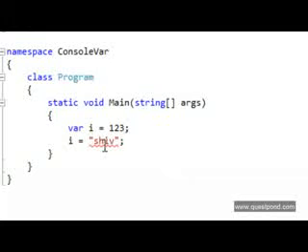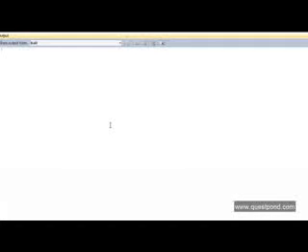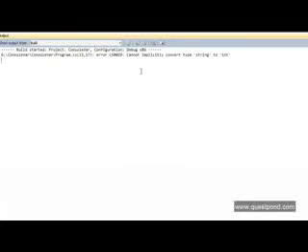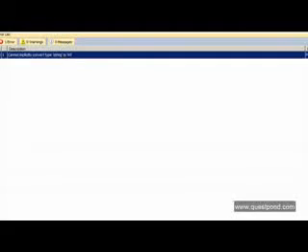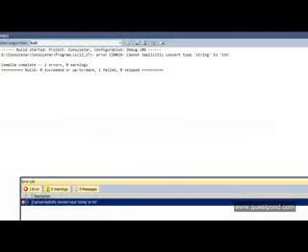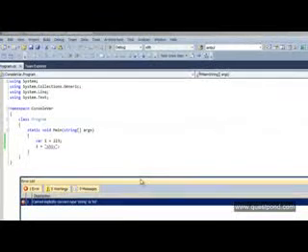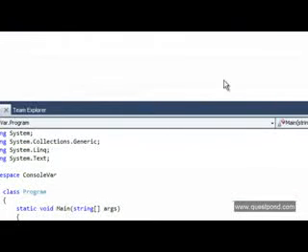Now what I'm trying to do is put a string into that i variable, and you can clearly see that there is a red sign over there. If I try to build the solution, it should give me an error. You can clearly see that it's telling me it cannot implicitly convert this string to int. This error is given during compile time and not during runtime.